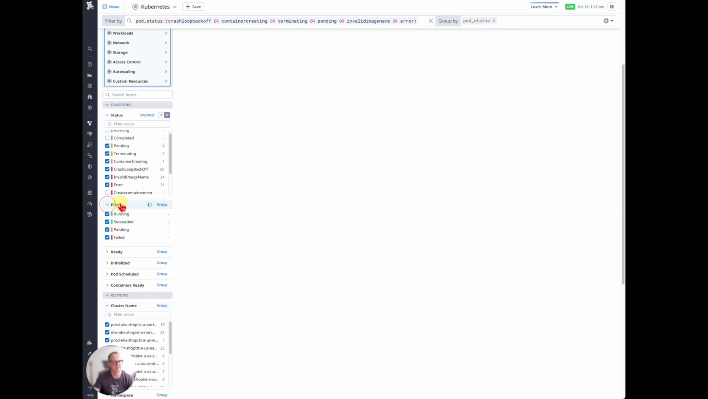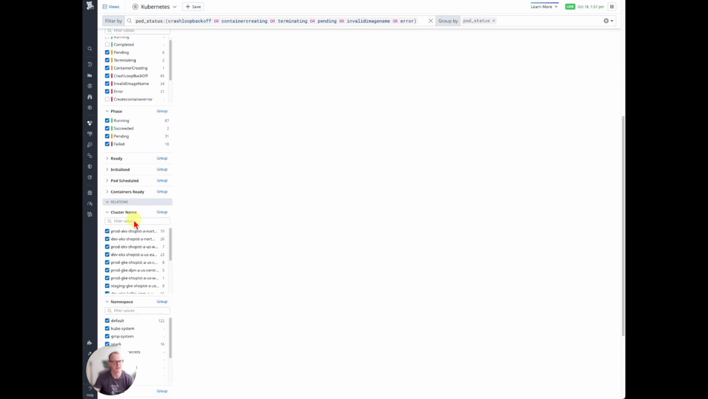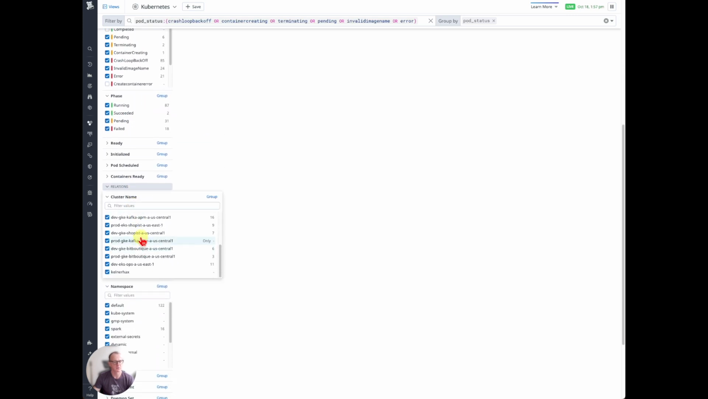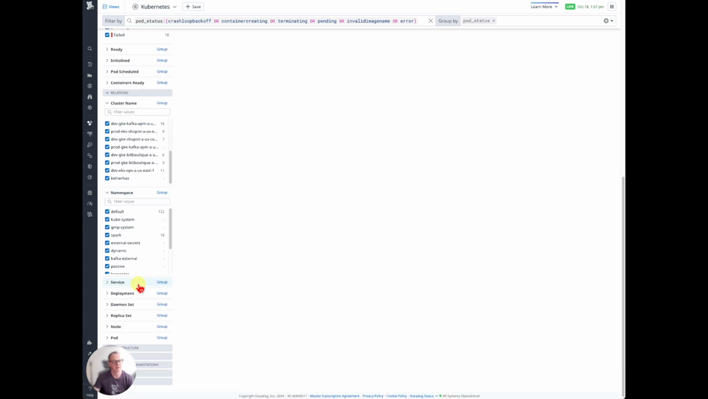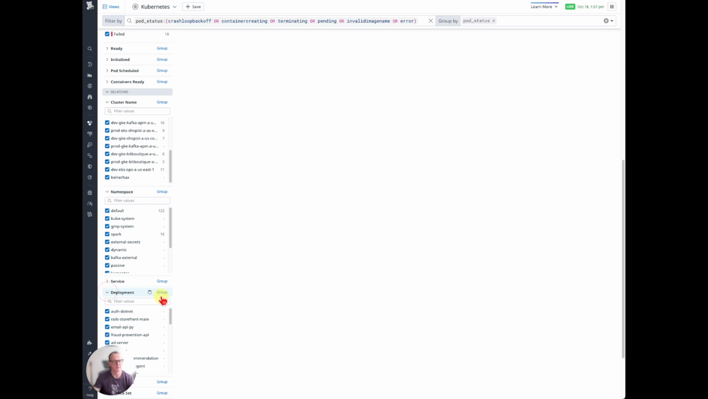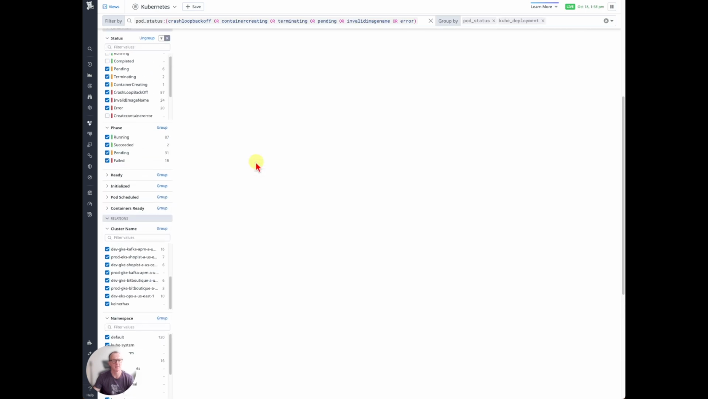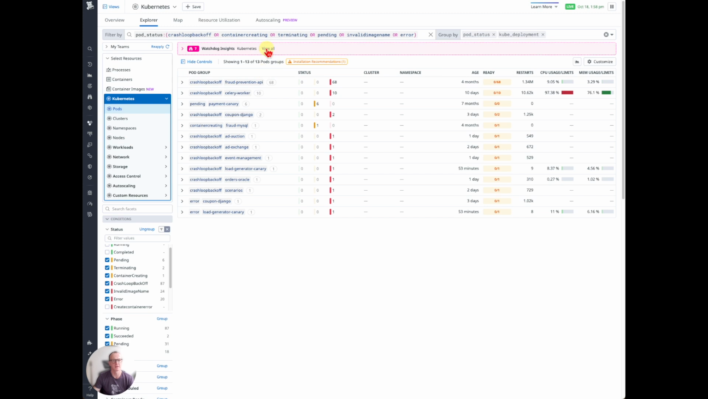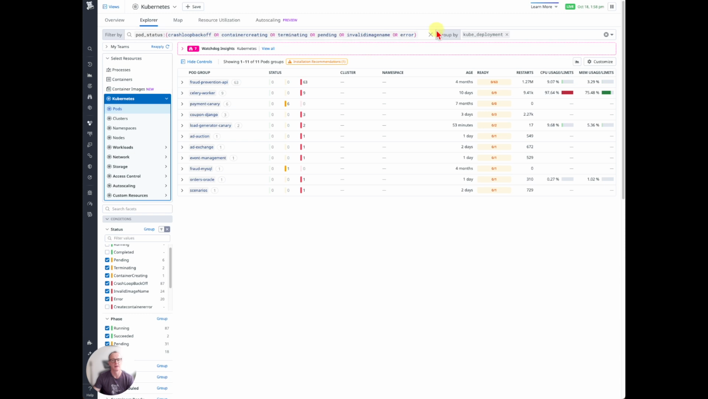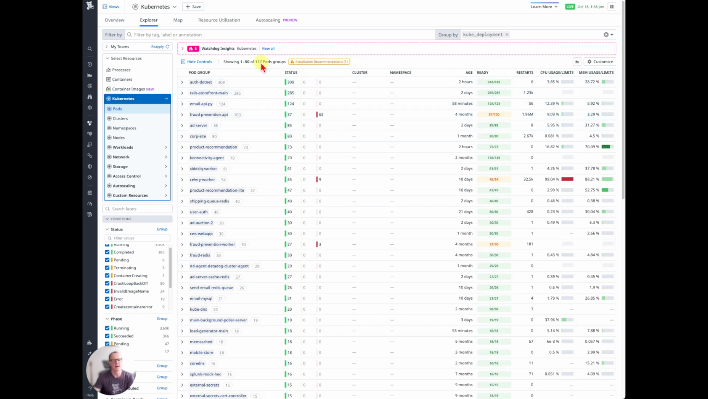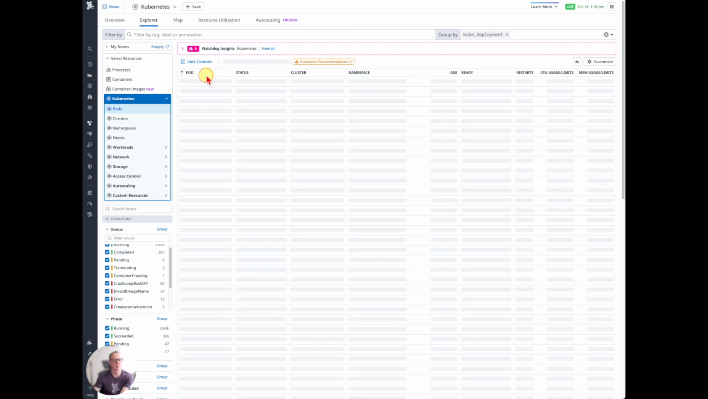Looking down the facets, we also have the phase, ready state, the actual cluster, so I can filter based on an individual cluster, and the numbers on the right show me how many pods match. So I can see the cluster with the highest number is this one here. Further down, I can sort by namespace and deployment. So maybe I want to group by deployment, and that will immediately give me all of my deployments. Also, if I want to get rid of the status, I can quickly sort by all of my deployments, and I've got 117 different groups there. I might want to sort that by